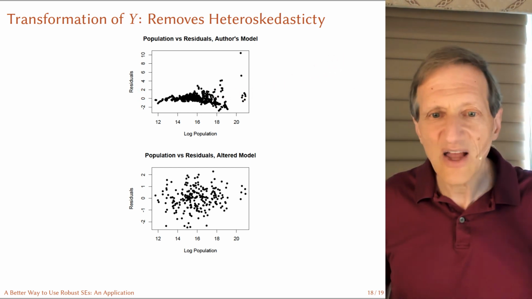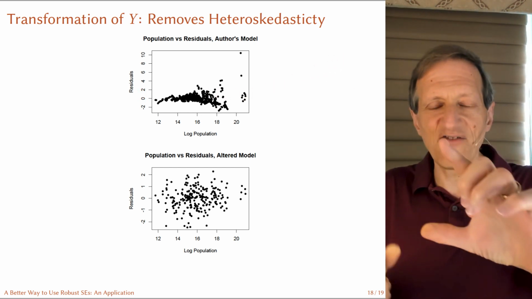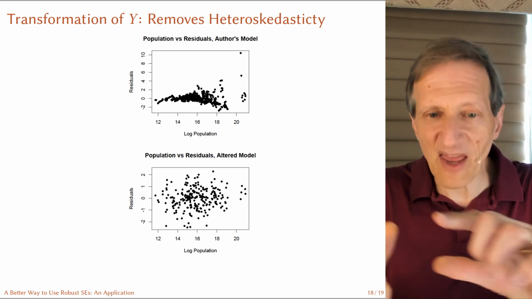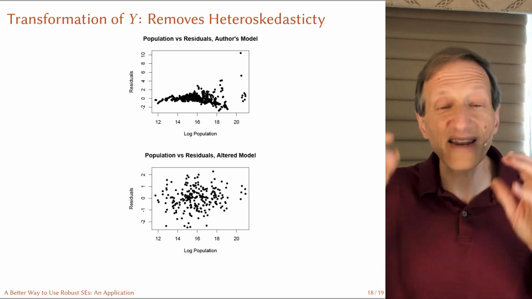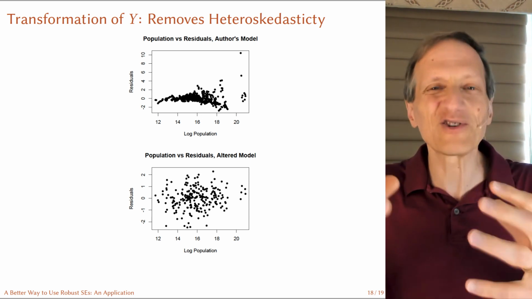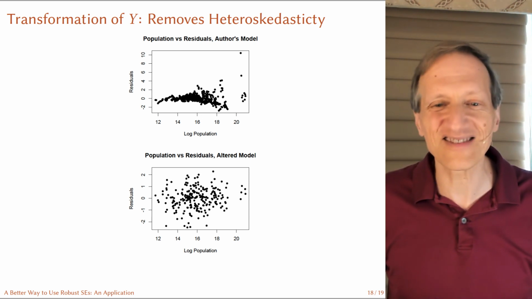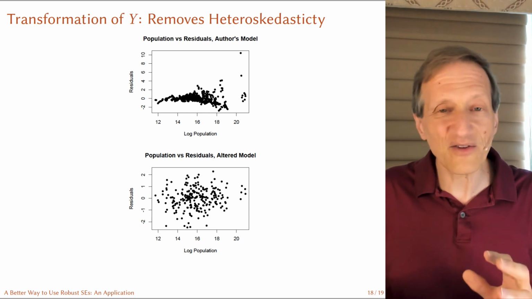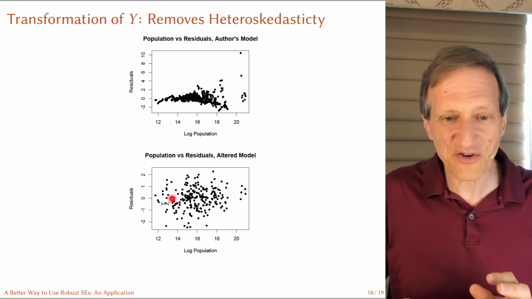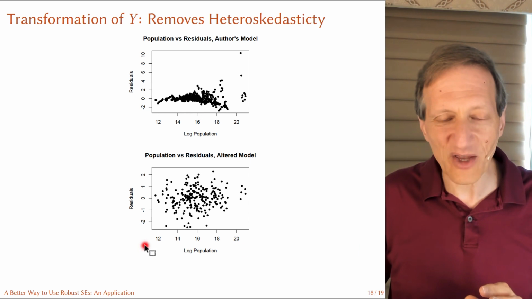You can see it, when you see it fanning out, the variance is very large on the right and very small on the left. If you were going to write a textbook on heteroscedasticity and use heteroscedasticity in the textbook, come back to this example. It's really great. After we alter the model with this Box-Cox transformation, now we have log population here, and we